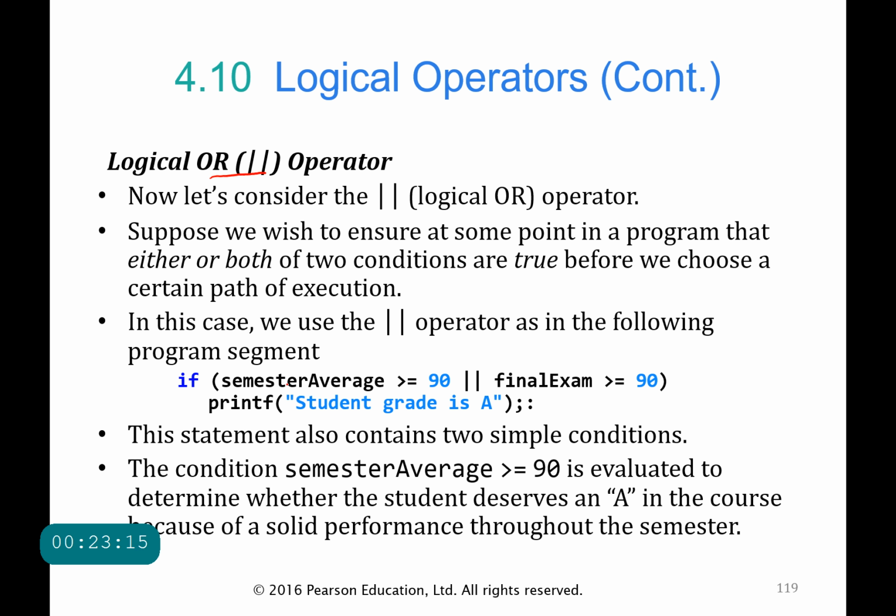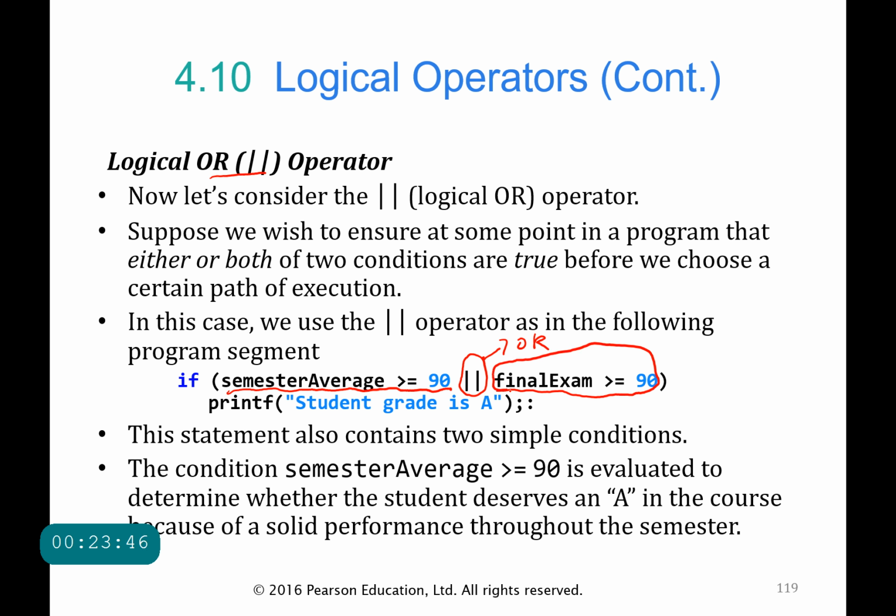First one could be that the semester average, so marks on all quizzes and assignments, is greater than or equal to 90. So if either semester average is greater than or equal to 90, or now these double bars basically indicate a logical OR operator. So either semester average is greater than or equal to 90, or the final exam is greater